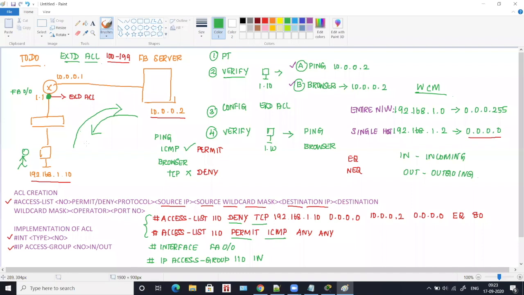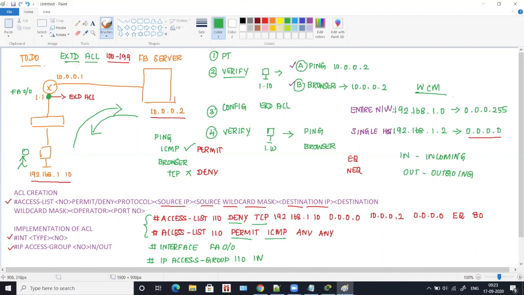Okay, so once the ACL configuration is done, now you have to go to this computer and you have to try pinging this server. So when you ping the server, it is going to give you a reply. Yes, and when you try connecting to the server from a browser, it is not going to give you a reply. That is what we are going to see now. I'll show you this entire configuration in Packet Tracer, as in how you have to work on Packet Tracer, so that you'll get a clear idea.